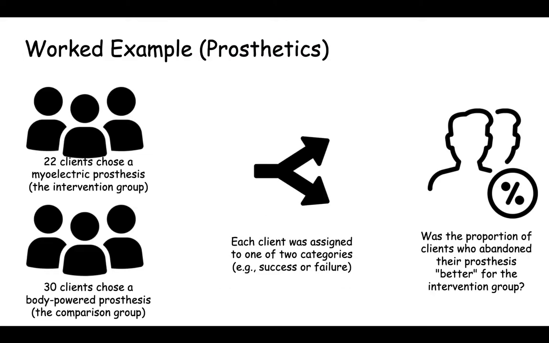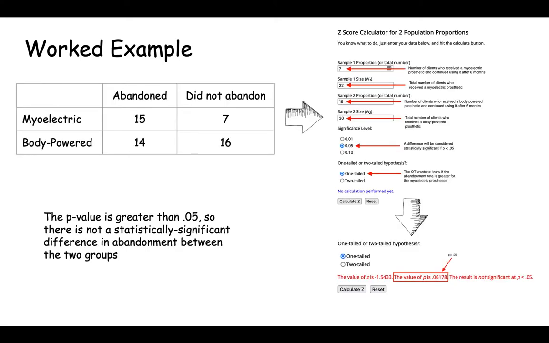For example, say you're working with clients with prosthetics. 22 of your clients choose a myoelectric prosthetic, which is fairly expensive. 30 clients choose a body-powered prosthesis. And what you want to know is, is there a difference in the number of clients who abandon their prosthetic, so discontinue using it? Over the course of 6 months, you contact your clients 6 months after they've received their